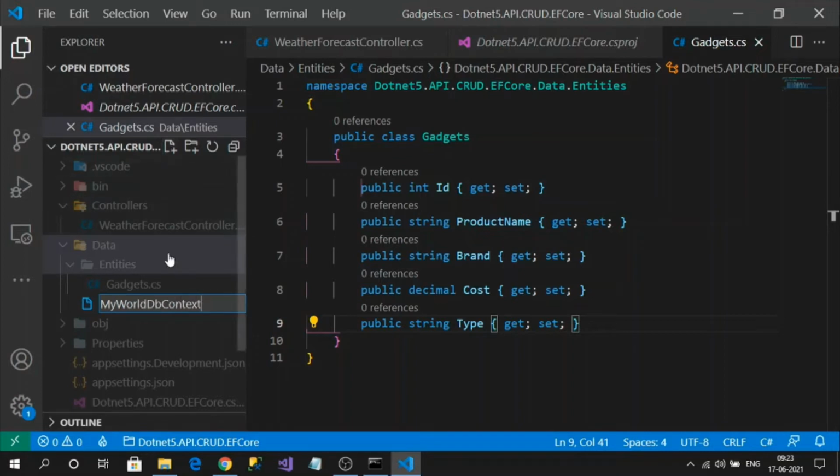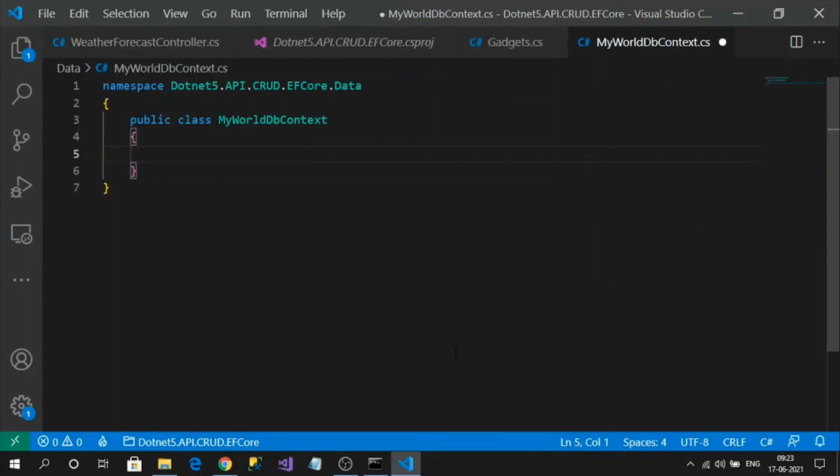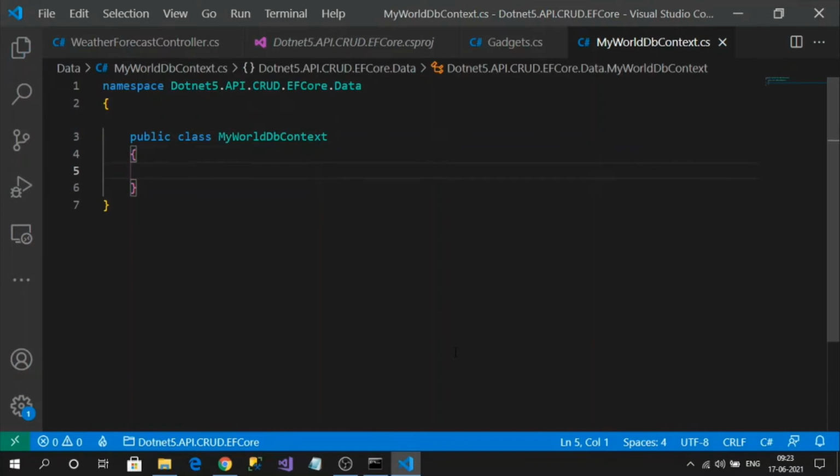So my database name is MyOldDB, the SQL database name. So I am going to use a name that matches with the database, but you can create any name of your own. Okay, but the most recommended or standard way is to almost match with our original database name. So this is my MyOldDBContext plain class. Till now it is a plain class only.